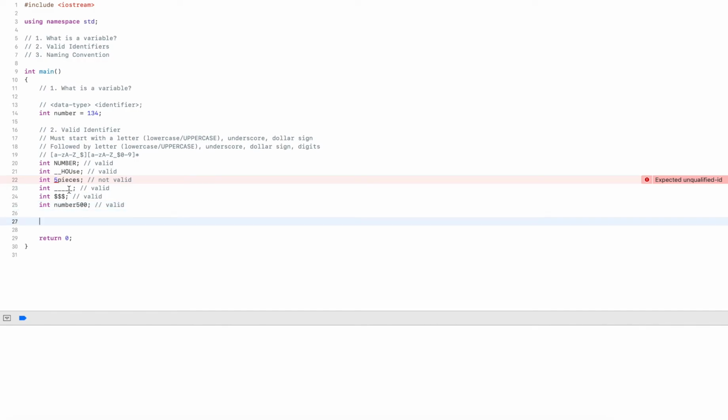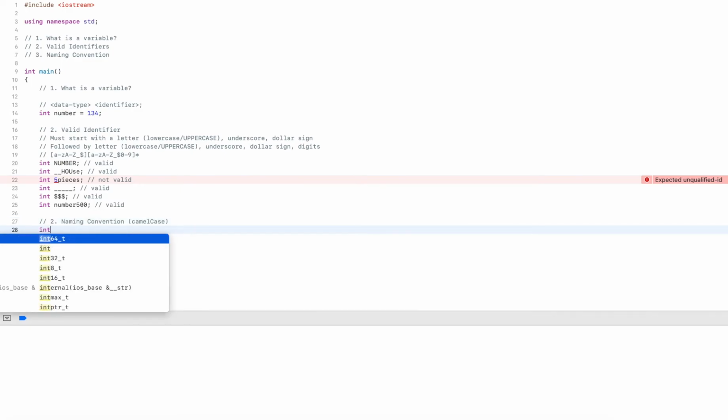Obviously what you saw is some of them are not very meaningful, and we typically want to have meaningful variable names, but we also want to have consistency in the variable names. And consistency is provided by naming conventions. So this is a convention that every programmer will follow. There are multiple naming conventions. The common one is camel case.